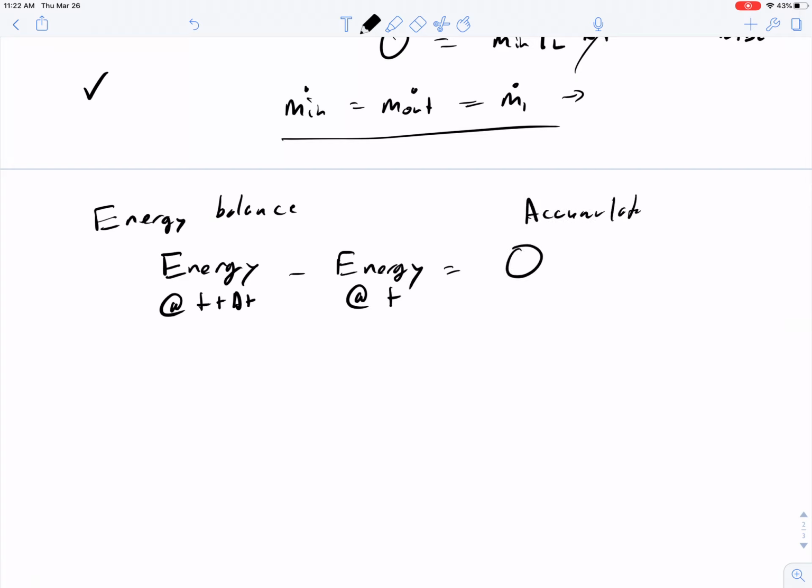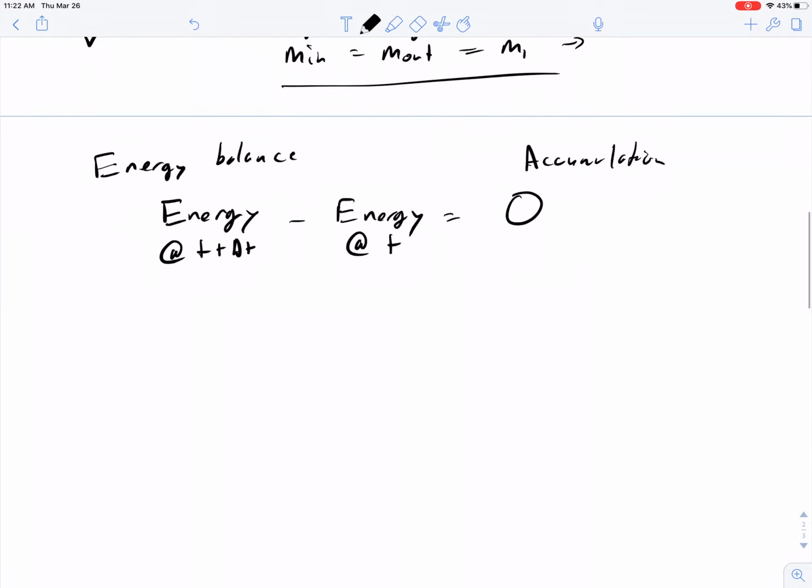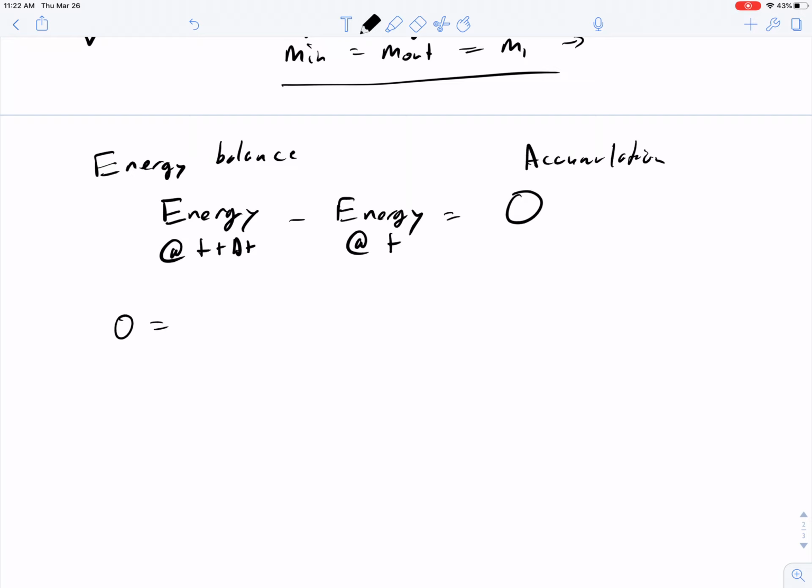So let's just use that right from the beginning to make our life a little bit easier with the derivation. So we're going to start with 0. Now what's on the right-hand side of the energy balance equation? If you look at the previous lectures, you see the entire energy balance equation. We have to account for the streams. So we're going to have the stream here, M1,